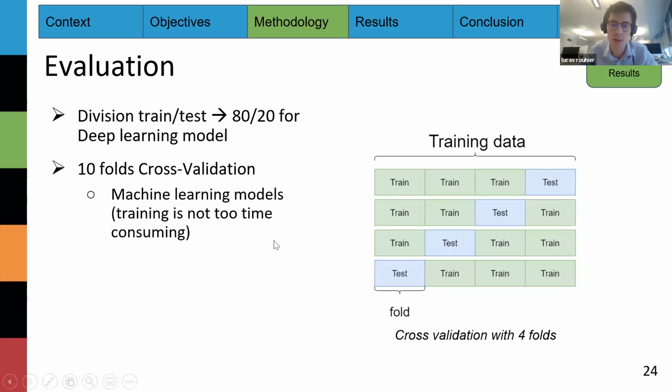And how does cross-validation work? Basically, you divide your data into a certain number of folds. Here there are 4, and you train on all of them minus one, and you test on the last one. Then you permute the fold that is tested, so that you can move on. In the end, you have tested 4 times, so the accuracy or score you obtain is a bit more robust and reliable.